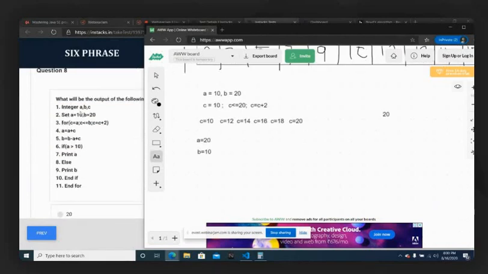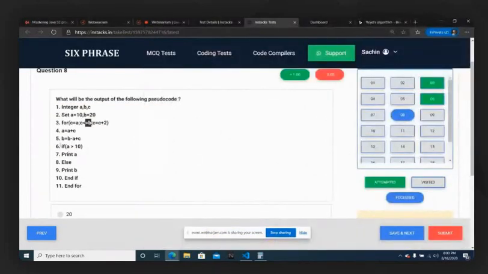The reason is because of this B value, because B value has changed here to 10 and your C value has become 12. So when C value is 12 and B value is 10, 12 less than or equal to 10 is a false condition. So you will come out of the loop. So only one time you enter, that time you print 20 and you go out. Okay, fine. So the answer of this question is actually equal to 20.